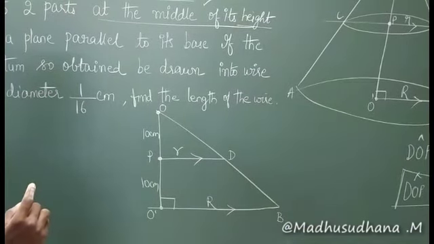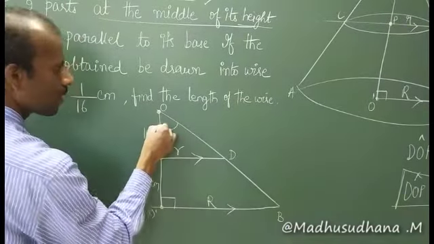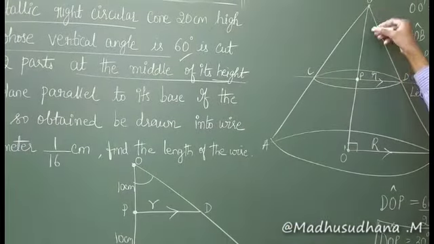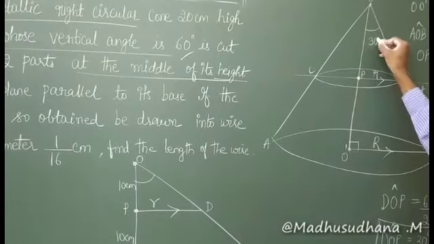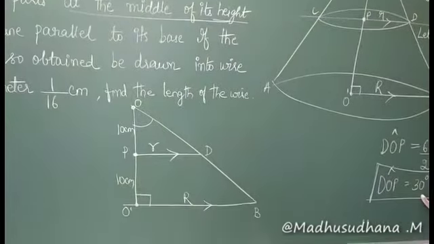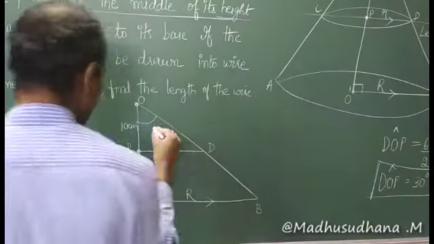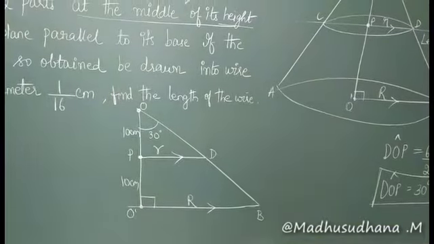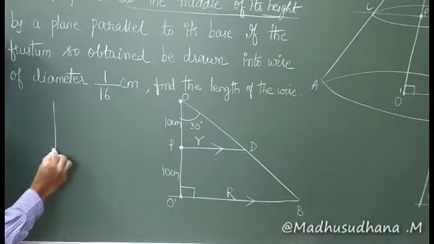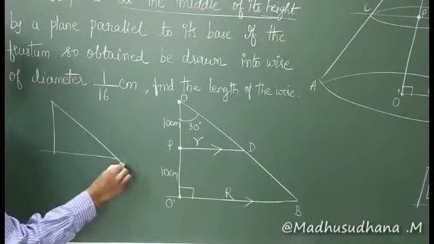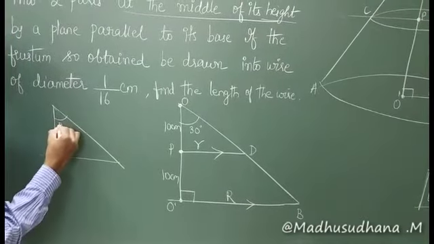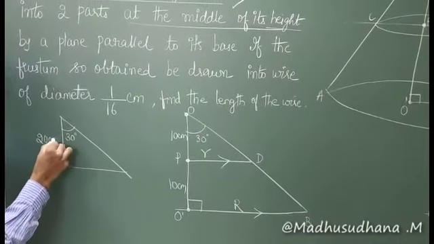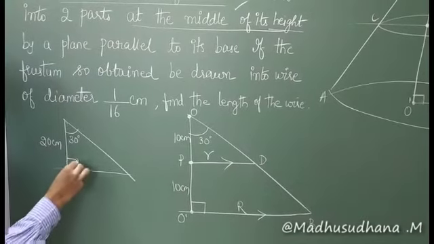So now, this angle is how much? We have taken this triangle into consideration. This angle is equal to 30 degrees. So here we have written DOP, right? So here this angle is equal to 30 degrees. See now, once again I shall write this. Please understand, we have this angle to be 30 degrees, this complete length to be 20 centimeters, and this is a right angle. Followed it.